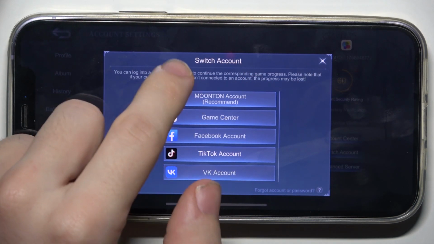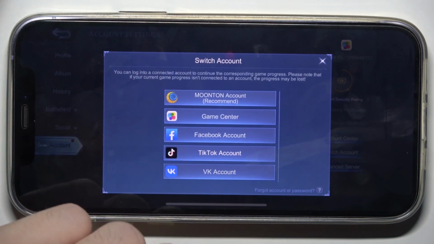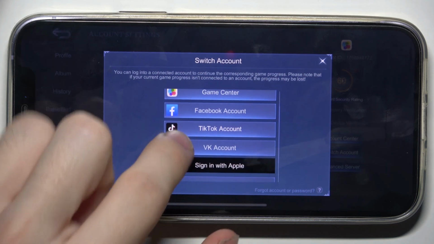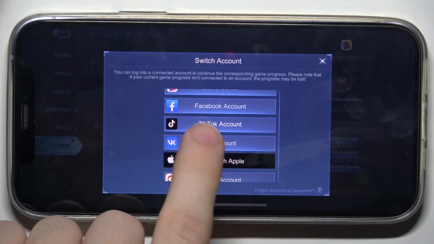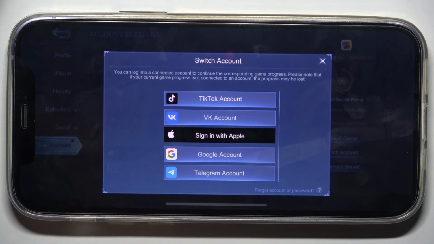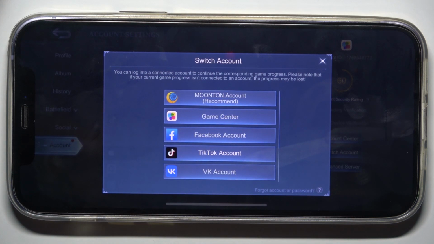Now you have various login methods available, so you can just click on them to use the Moonton account, Game Center, or if you're using an Android phone, it's gonna be Google Play Games instead of Game Center, Facebook account, TikTok account, VK account, or more. And just select the login option that corresponds to